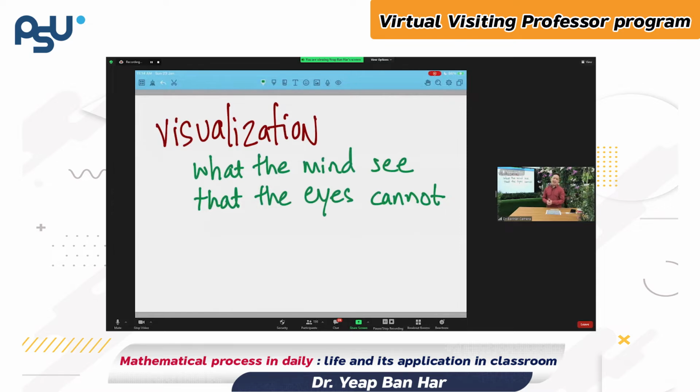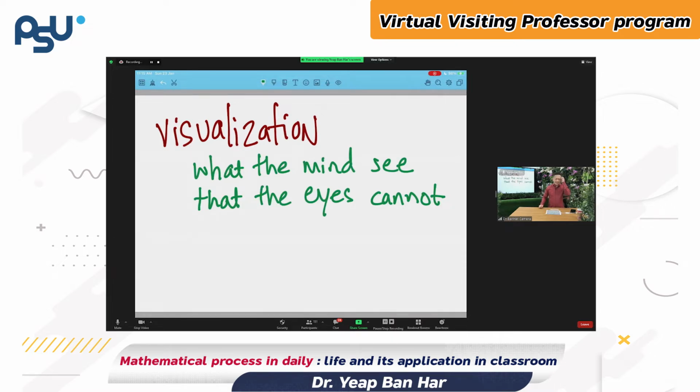So I am just explaining, giving you examples, how visualization, a process that we use in everyday life or we use in other subjects, also use in mathematics. Everyday life, you visualize every day. In English, we use the word imagination. Imagine. When you are doing imagination, you are visualizing.